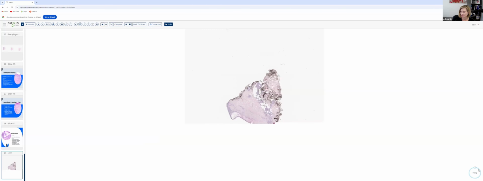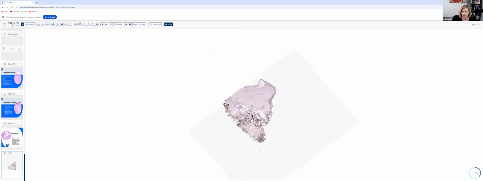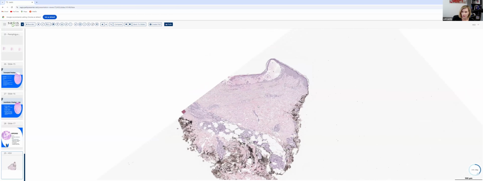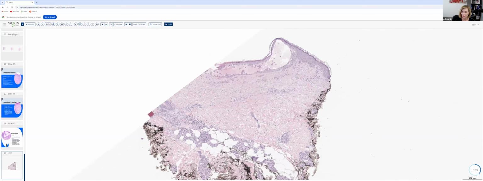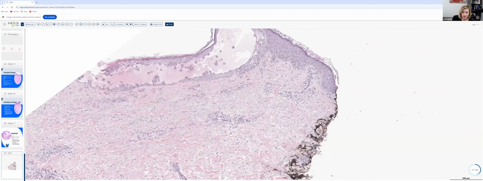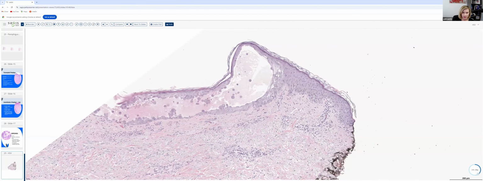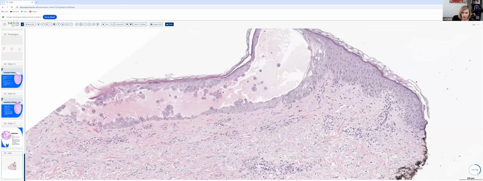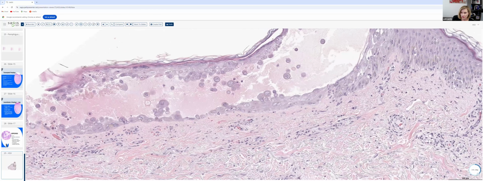This is a slide showing an intraepidermal vesicle and a dermal inflammatory infiltrate in a perivascular and perifollicular pattern. And as we zoom in on this vesicle, we see these scattered individual acantholytic cells, and then these nice intranuclear inclusions. So we see a nice example of margination, where the chromatin appears darker around the periphery of the nuclei,